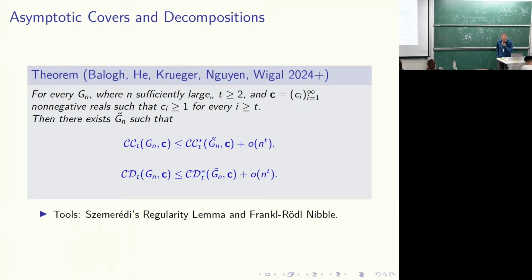Your question was whether G tilde is the reduced graph. Okay, you are asking about the proof on page 30. I think it's likely. I haven't looked at the proof in that detail for this lecture. It should be likely, but